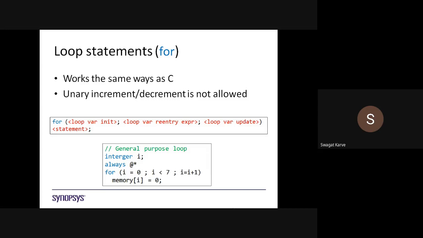After that memory[i] = 0. This is the basic equation. Now tell me, how many times will this loop get executed? Can anyone answer?